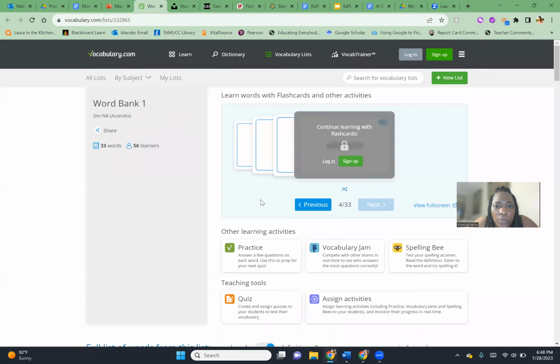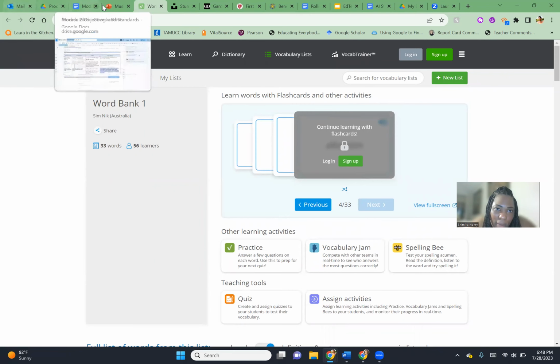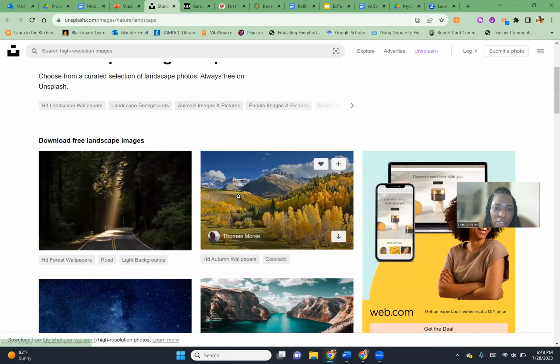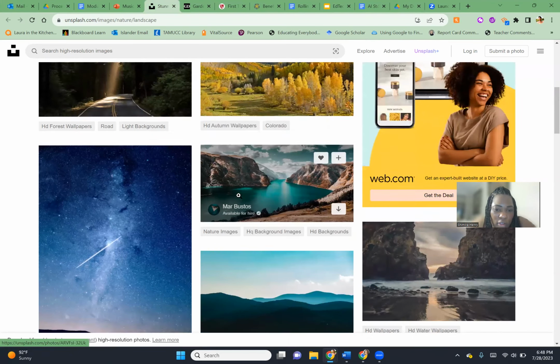Yes, I did try to play this game, but I didn't know what the words were and how the words related to the assignment, but we talked about that. You have images that you said they can use.